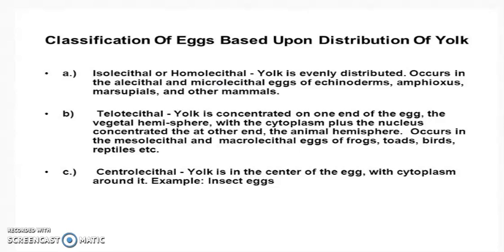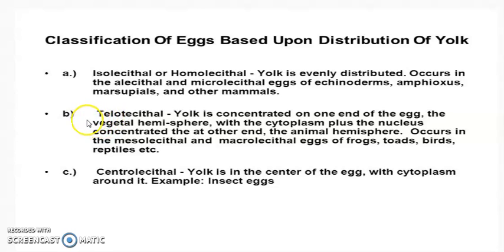Here is the classification of the egg according to the distribution of the yolk. Number one is called isolecithal or homolecithal. Iso means identical, lecithal means yolk; homo means same, evenly. These are the eggs in which the yolk is evenly distributed, and the amount of yolk is very small, for example the microlecithal eggs. Examples are echinoderms, Amphioxus, marsupials, and other mammals